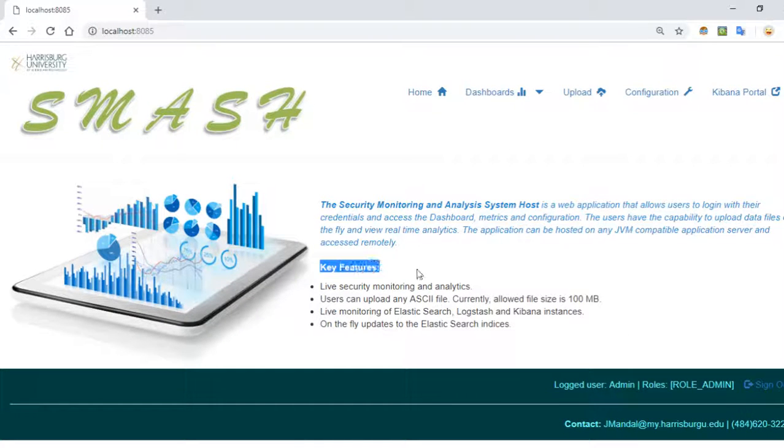So as the key features mention, it is live security analytics, which is my dashboard. Then the user is able to upload any ASCII files, but it can be easily tailored to accept any other type of files. There is live monitoring of the ELK stack, and on the fly we can delete and refresh the indices of Elasticsearch from configuration. And if the user still wants to change some of the features in this dashboard, an admin user can very well go to the Kibana portal,